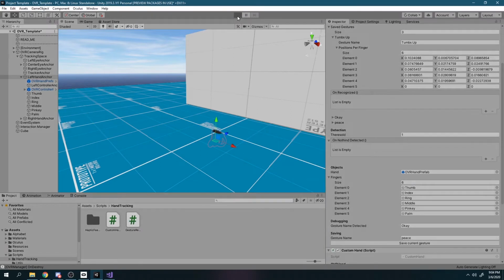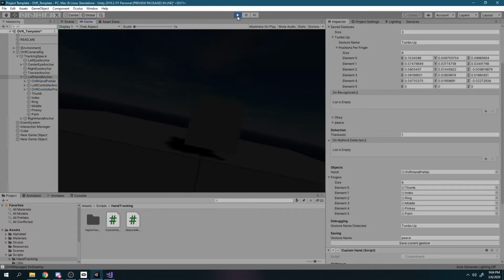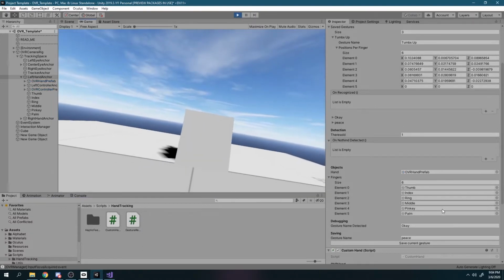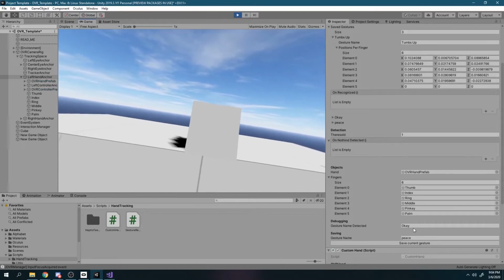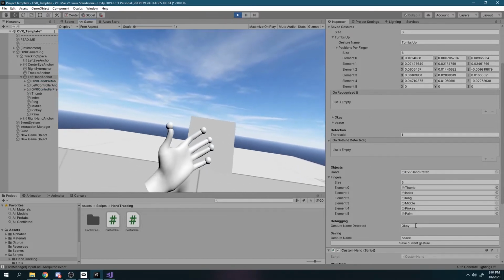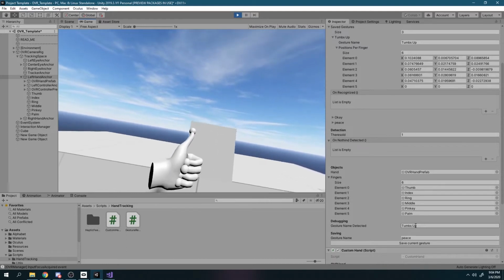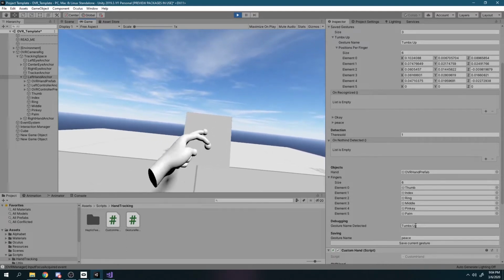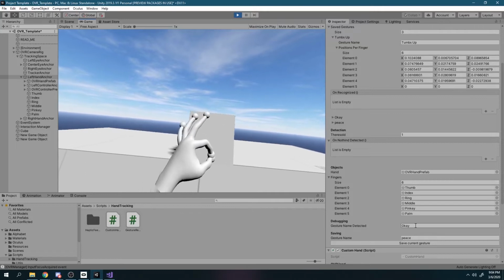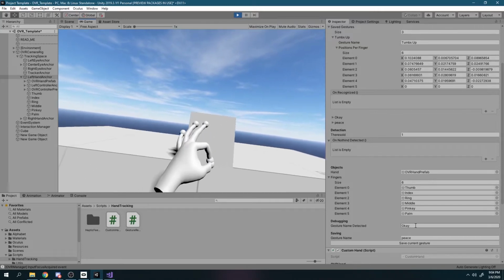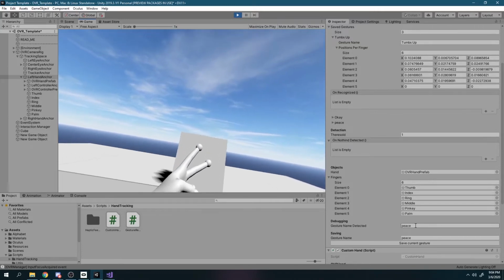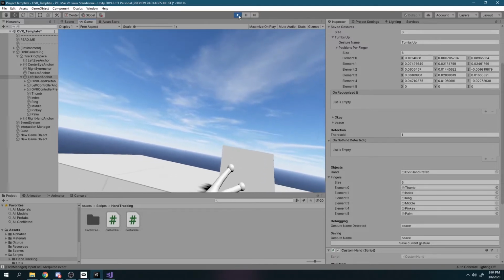Okay, so now that we have all of that running and working nicely, we can come back in, and under this gesture name detected, there's our OK. It just changed to peace, and thumbs up. And come back to peace, or go to OK, or back to thumbs up, and they all work. They all work beautifully. And in every single one of these, I'm going to go ahead and unpause it,